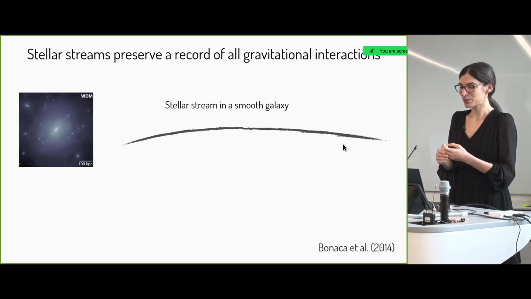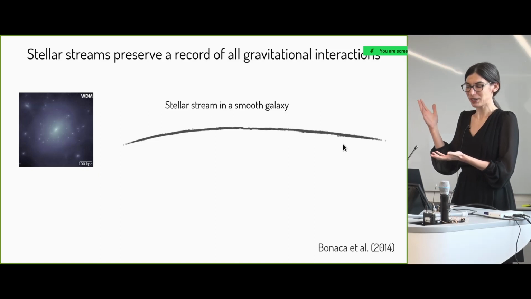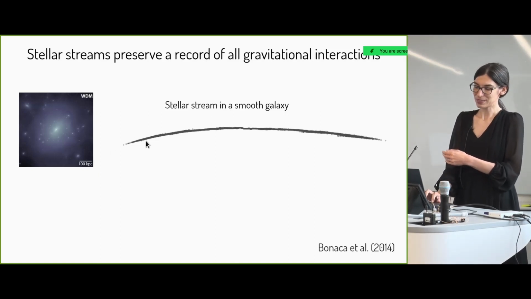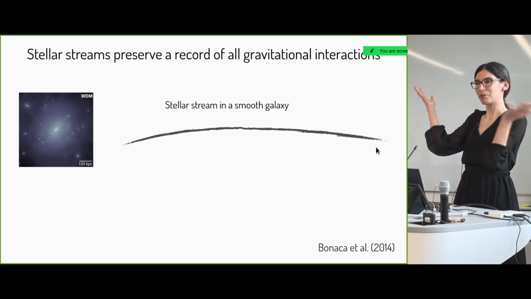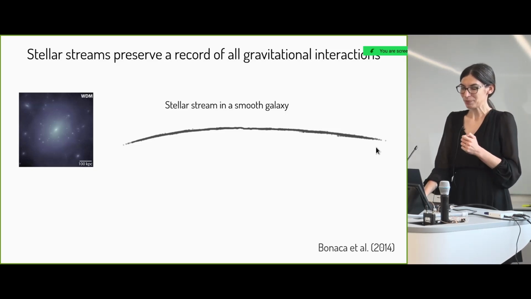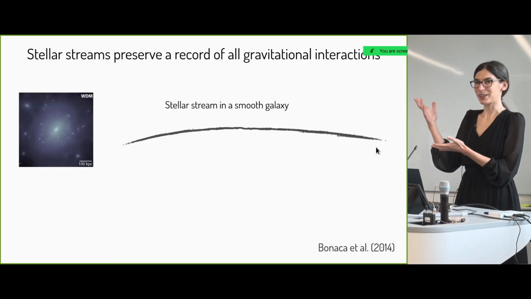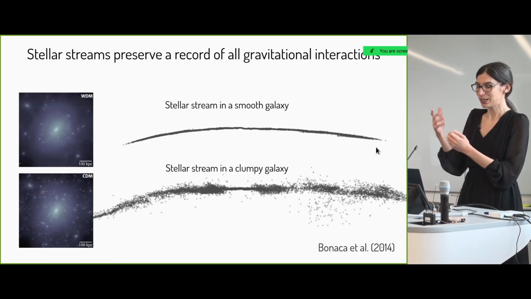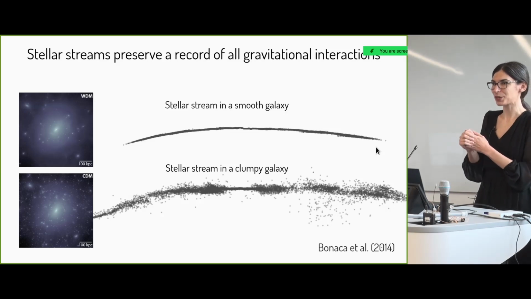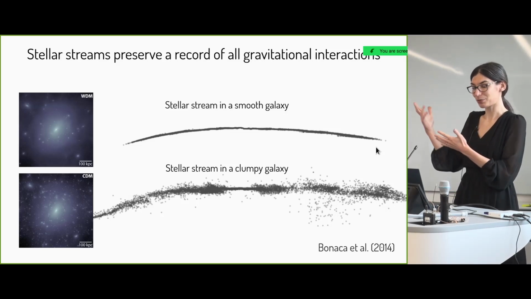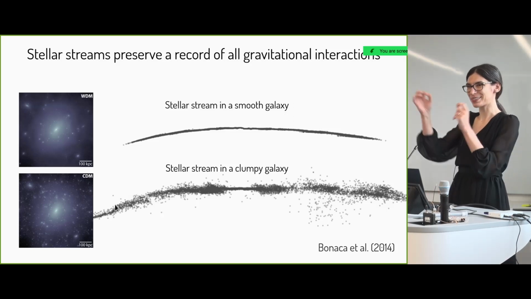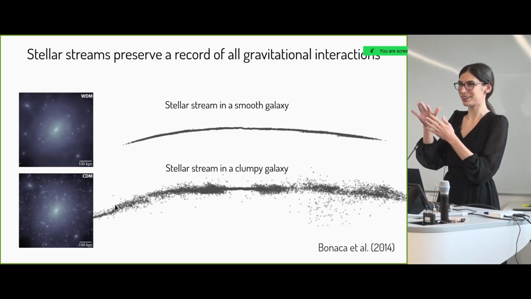And what happens in the absence of subhalos, in a completely smooth galaxy, is a stream that looks like this, a one-dimensional structure. However, if we put it in the same overall gravitational potential that has a cosmological, live dark matter population of subhalos interacting with the stream on this orbit, we get a stream that on average has the same position as the one on top,